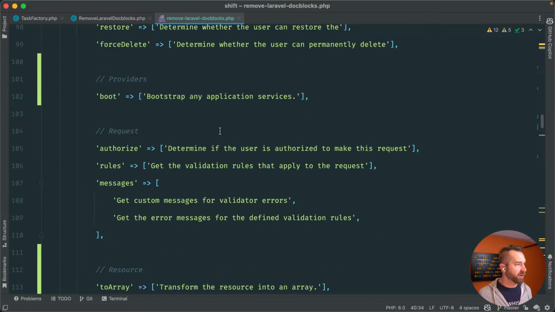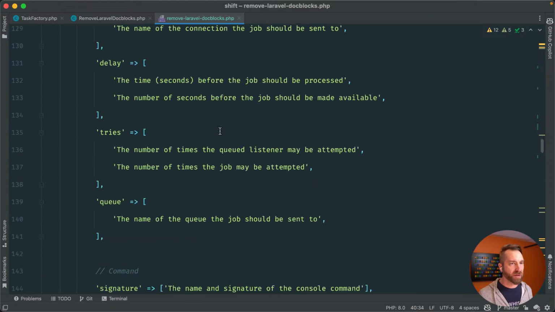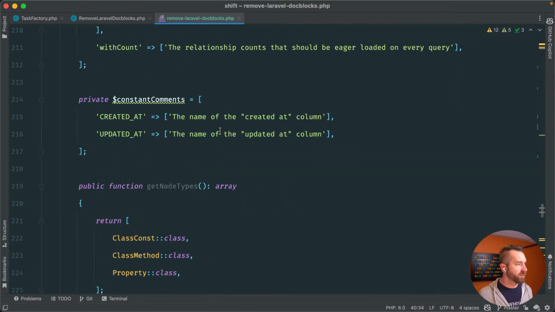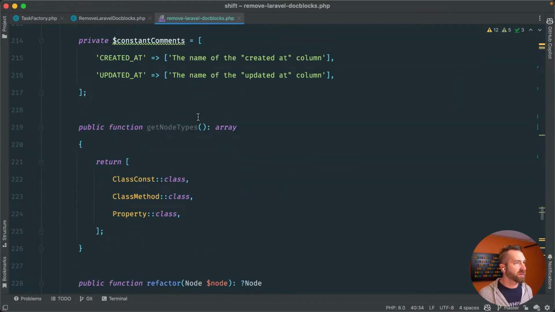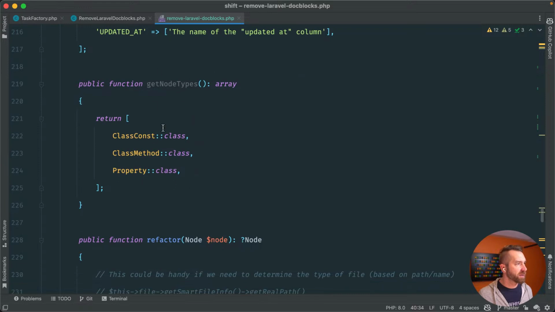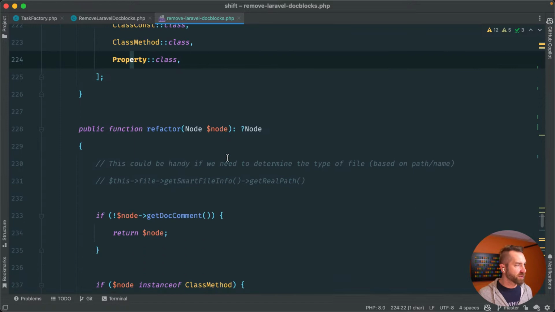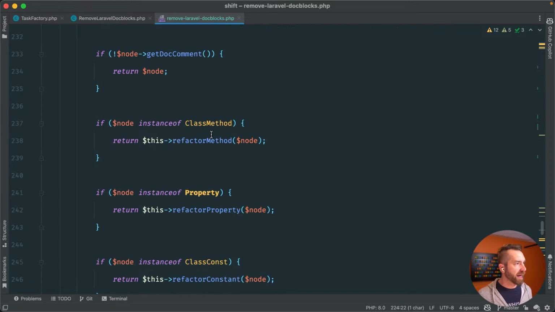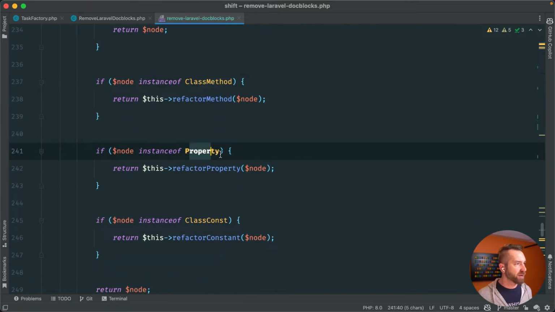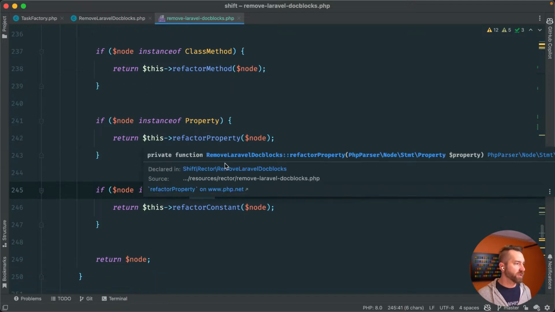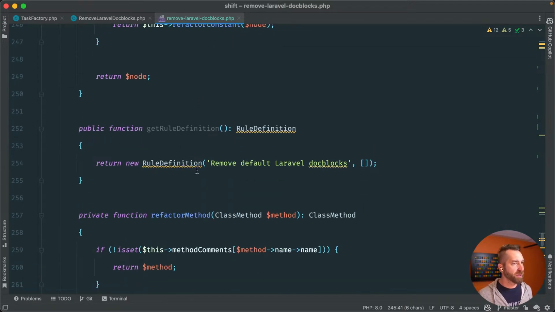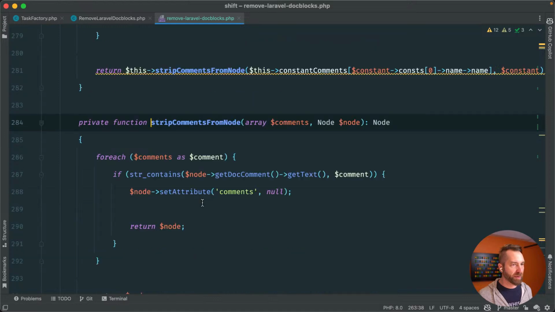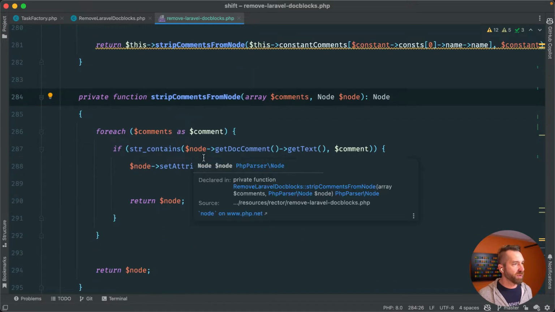Okay, I think we've added everything here. Let's look at the code that actually ends up using this. We've got some constants. Okay, fine. So get the type, constants, methods, and properties. This is pretty straightforward. If you don't have a doc comment and you're not a class method or a property or a constant, just carry on. Otherwise, we have the node, and then we actually refactor stuff where we strip the comments, and we basically say,